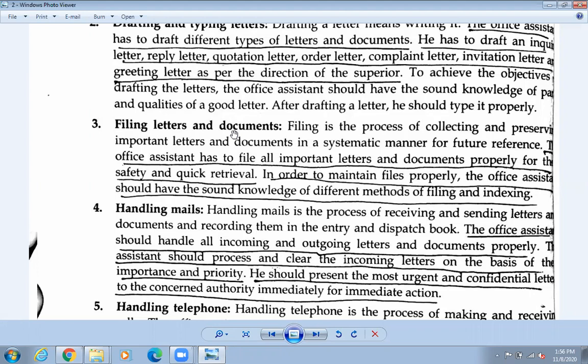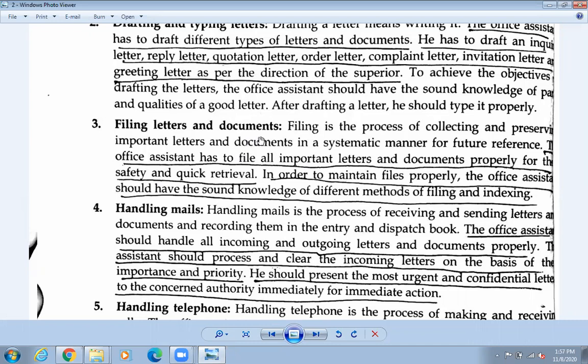Okay, so suppose an inquiry letter comes, then I write it under inquiry. If it is an insurance letter, I will keep that document in the insurance part. So different types of filings are used, and I will place it in the proper file. I need to see which one is needed where. If it is very urgent, I make an urgent file and put it inside the urgent file. Confidential file: if it must not be shown to anyone, I write confidential in the title and I need to